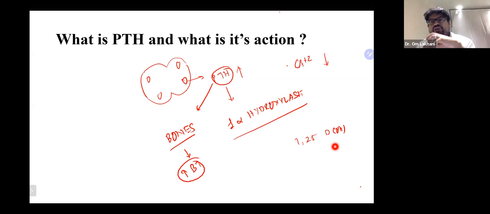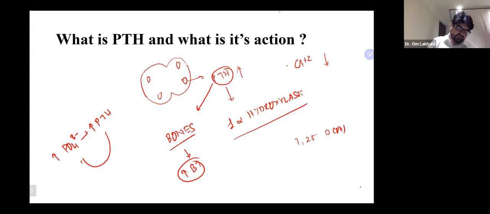The other way in which PTH is regulated is by phosphate. And this we all know, and nephrologists know this very well. Increased level of phosphate stimulates production of PTH. And PTH causes phosphaturia, so it causes washing out of phosphate from the kidneys. So again, increase of phosphate increases PTH, and increase of PTH has a negative feedback on phosphate. It tends to reduce the phosphate level.